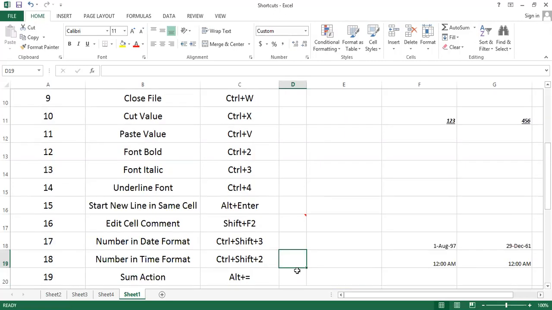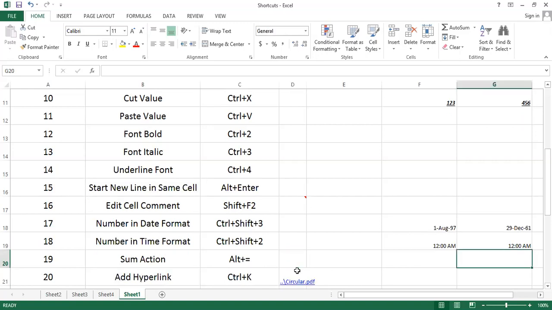This is very easy. Nowadays, if we copy and save any data from a particular sheet to some other sheets, the formula will not be copied. So at that time, this shortcut key will be used. By giving Control plus Shift plus 3, the number will be converted into the date format, and Control plus Shift plus 2 will convert the number into the time format. For example, here I'm giving